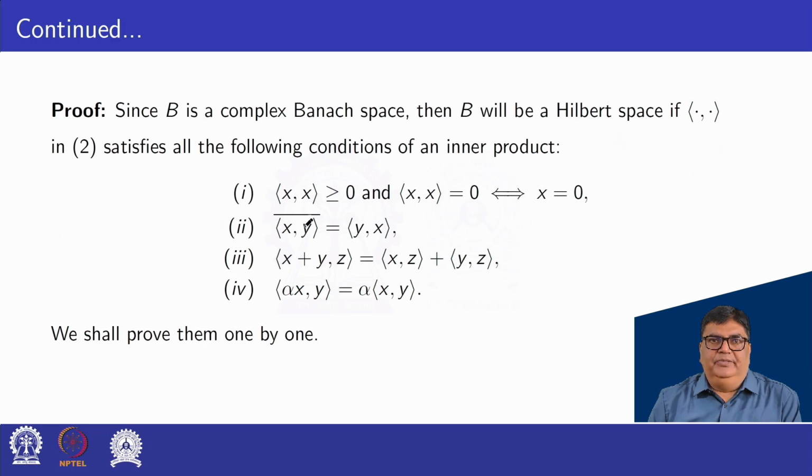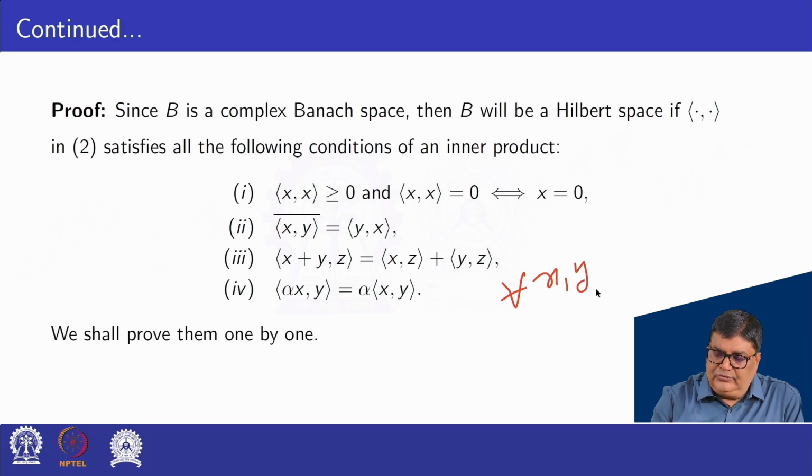Second, the complex conjugate of the inner product of xy equals inner product of yx. Third, inner product of x plus y, z equals inner product of xz plus inner product of yz. And fourth, inner product of alpha x, y equals alpha into inner product of xy, for all x, y, z belonging to B